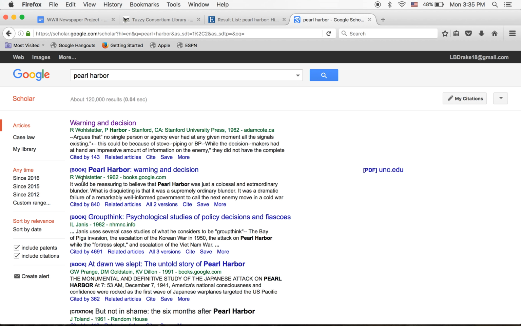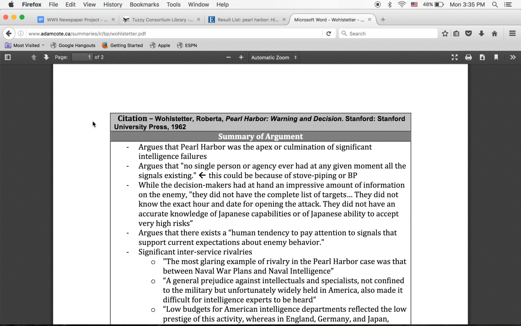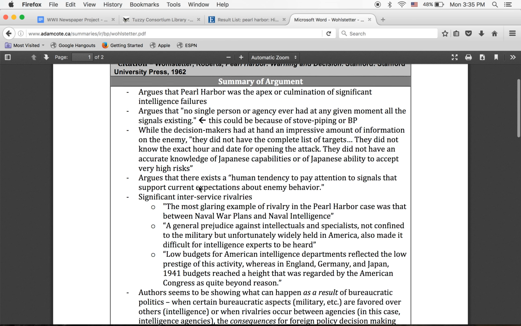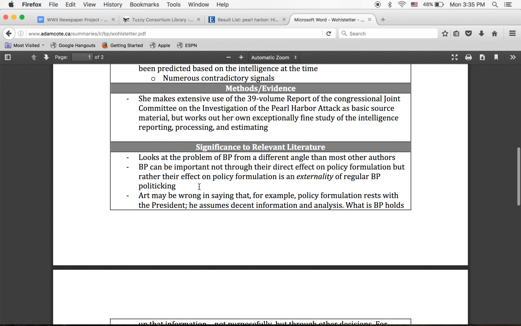You can see here you've got some stuff from books. This one up here, it looks like it's from Stanford University Press, so that might be an article. Gives you your citation right here. Super easy. You can read through there, find out what they have to say,